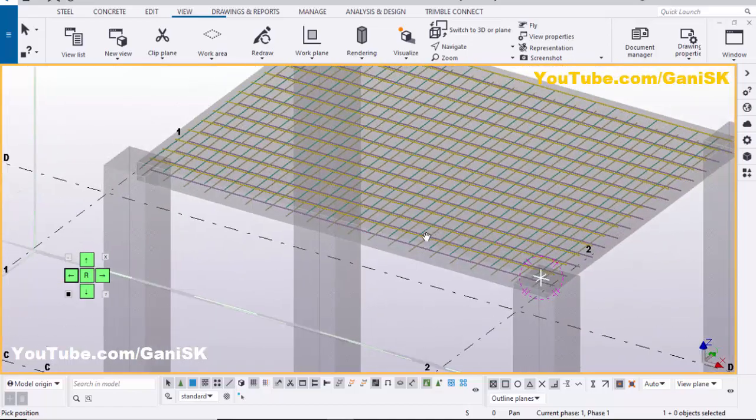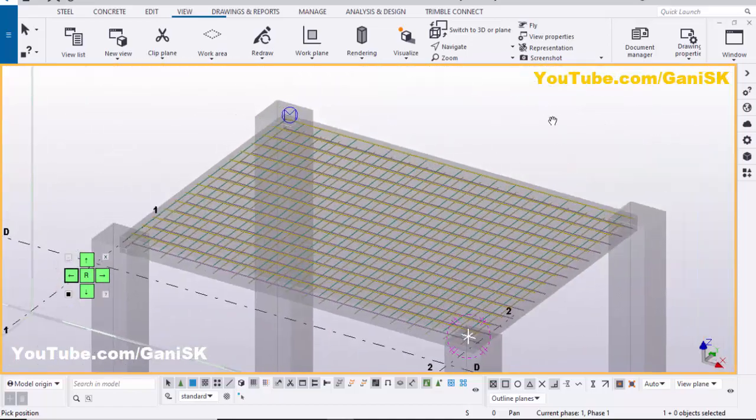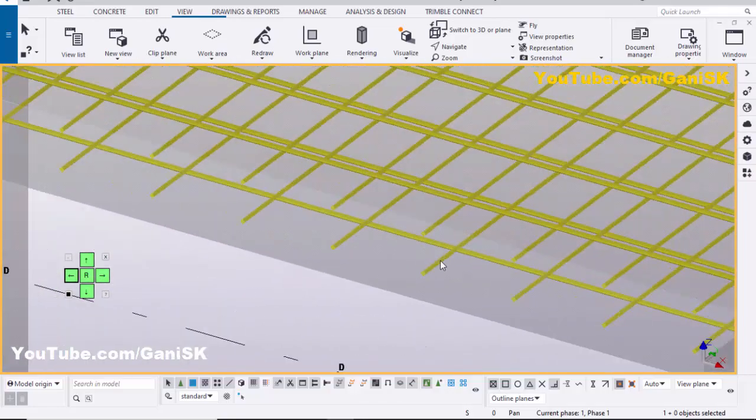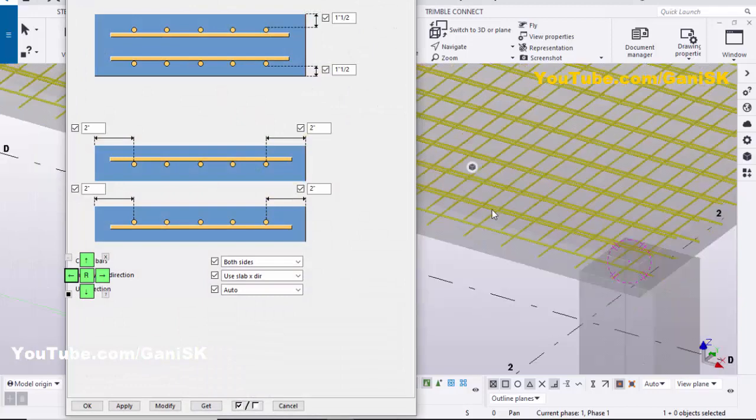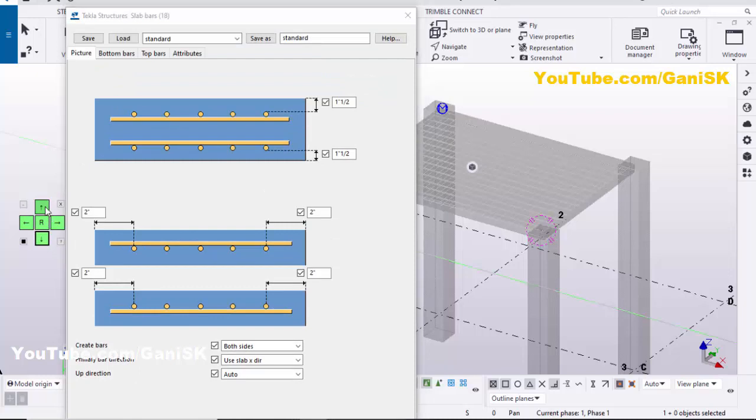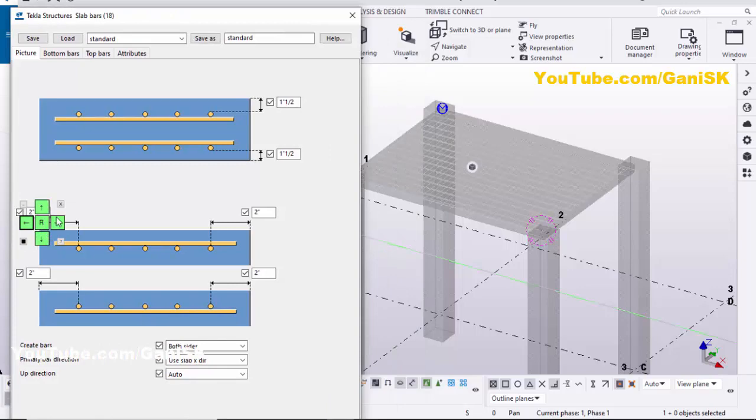Okay, now we're going to see the reinforcement options, how to edit the reinforcement of this slab. So double click on this reinforcement. To edit this reinforcement, double click on it. Now you will get this window. You can adjust this window by using this screen controller. If you don't have this screen controller, please go to my channel and watch how to download and install it. Okay, just select this window and click on this down arrow to move upward and downwards, on left and right side like this, with this screen controller.